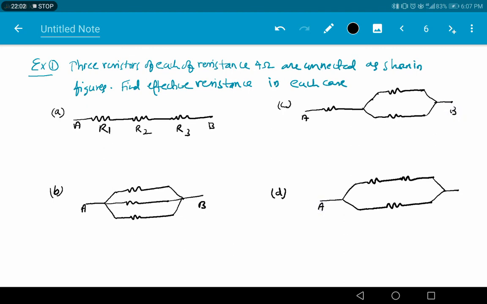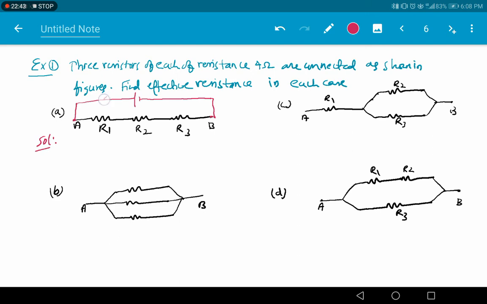Can you draw the circuits? R1, R2, R3. Whatever the circuit may be, between the ends we first have to connect a cell. I am explaining how to solve this. First we connect the ends to a battery or a cell. Any terminal you can connect, no issues. So now we are connecting the battery to the ends of the combination of resistors.